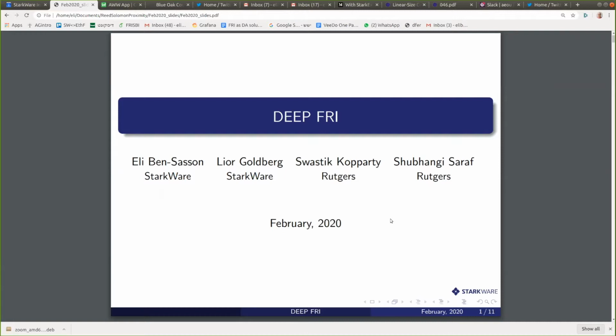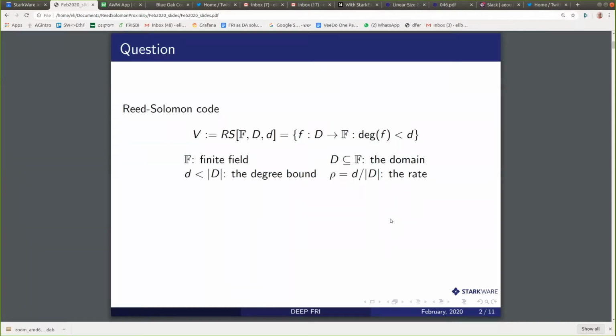Into some algebraic problem. And this algebraic problem, now you completely forget about computation, and it is only a question of proximity to low-degree polynomials. And I want to tell you about a few efficient algorithms for this. This talk will be very different from last week's. It will be very math-oriented. And please, I'll pause from time to time to ask if there are questions, but also don't hesitate to stop